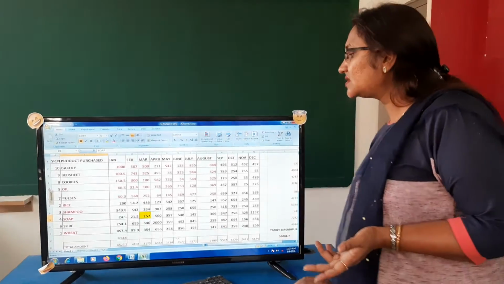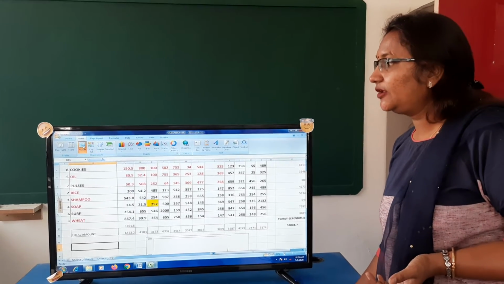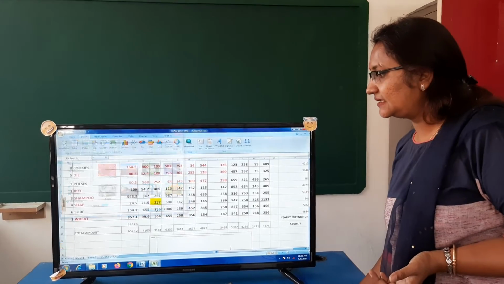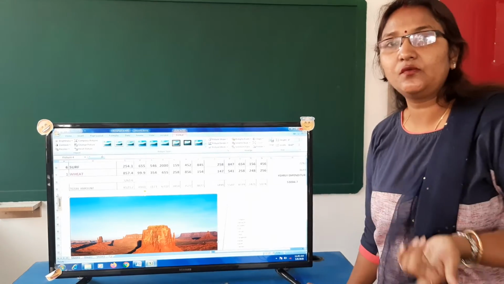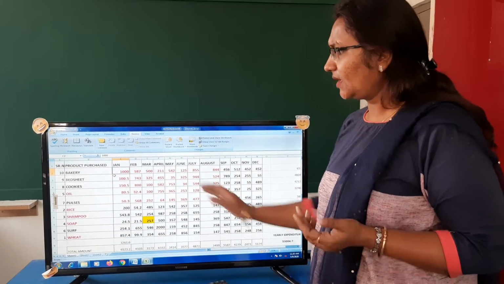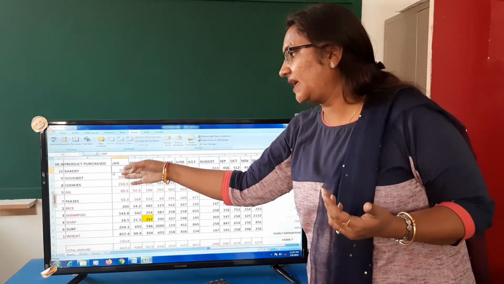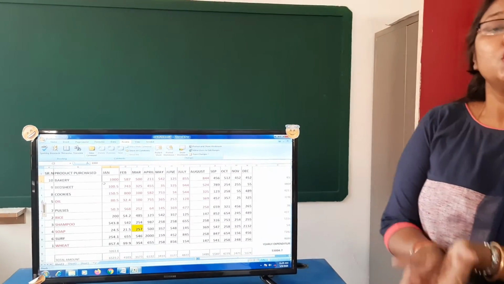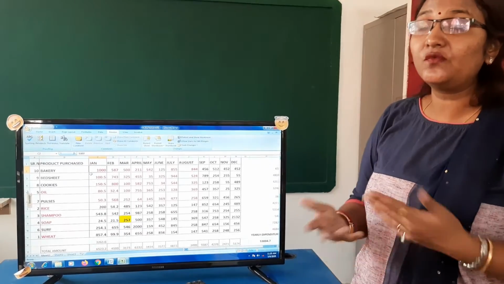Also, you can introduce any picture. If you want to introduce any picture or anything, you can insert any picture in your sheet easily. See, this is how you can insert a picture also in your Excel sheet if you want. So for example, if you want to introduce the pictures here in the cell according to the name of the commodity, you can insert it so that children can understand what is bakery, what is bedsheet, what is cookie. So this is how we can use this MS Excel sheet to make it easier, to reduce the time limit and to work faster.